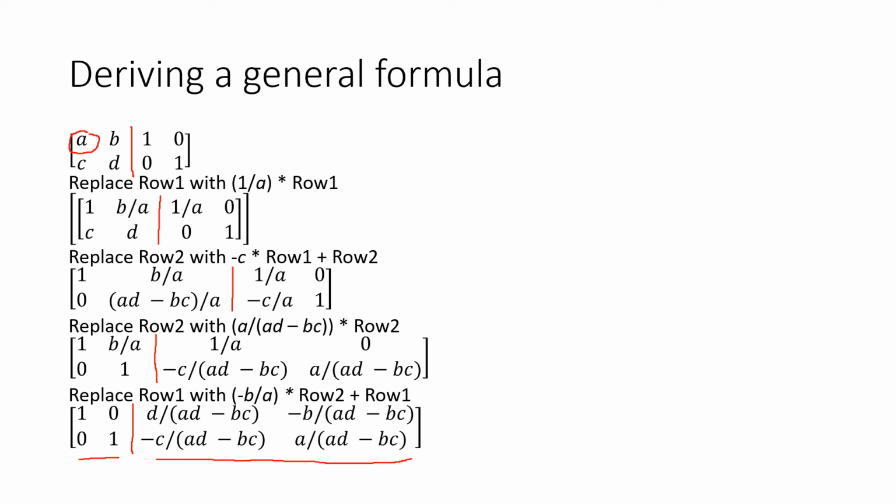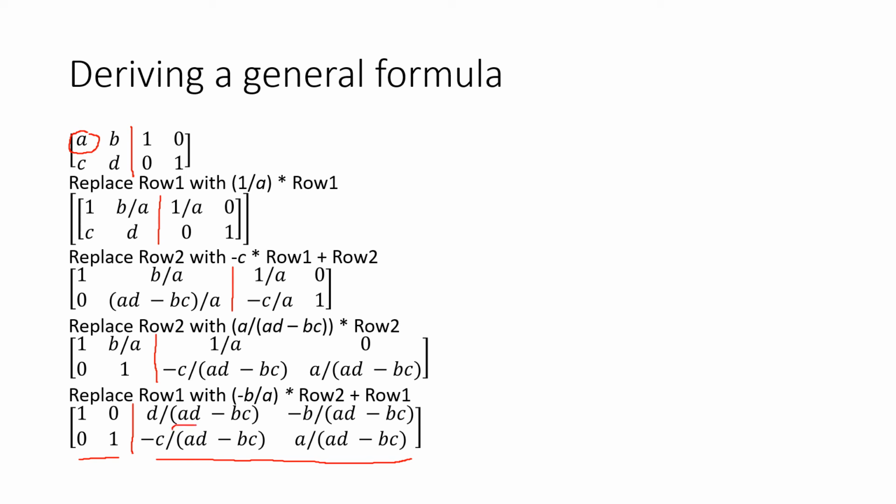Well, we can do that so long as A is not 0, but if A is 0, then we can't do that division. In this particular derivation, we haven't worried too much about whether that value was originally 0. If it was, one thing we can do is switch rows. If you switch rows, it doesn't change the corresponding system. But it turns out that if that value was 0 and we don't really worry about it, the formula at the end, the matrix that we've derived, still actually does give the same answer, so long as, notice down here,